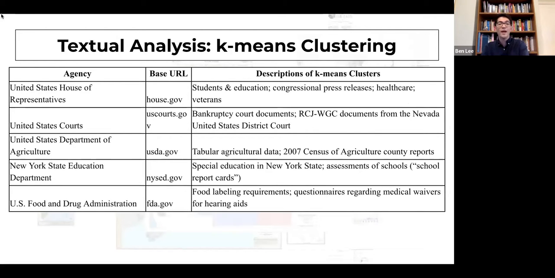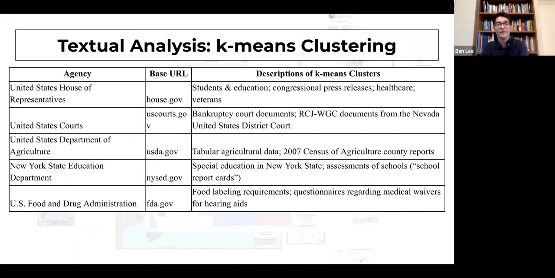Likewise, we can take these TF-IDF representations for all of the PDFs in house.gov and try to subcluster them. We can imagine that not all these PDFs are of the same content. There's going to be some variation. So we can use k-means clustering to look at, say, all the different clusters appearing in house.gov or USDA.gov. And doing this, we actually find some pretty straightforward partitionings.